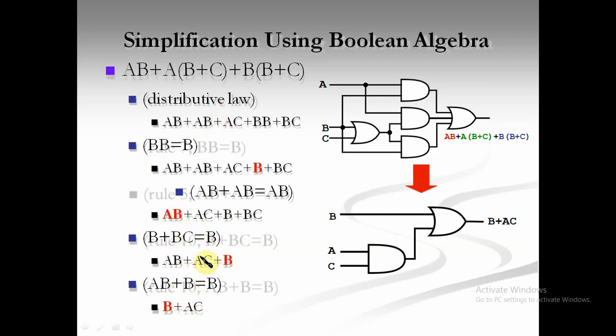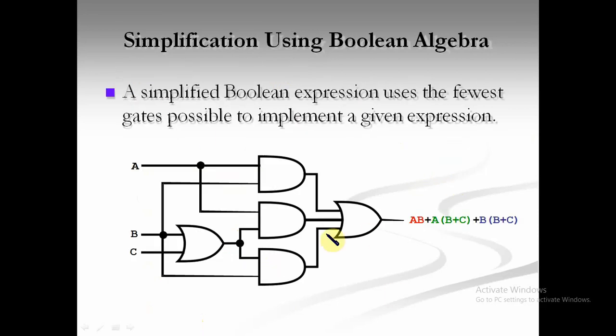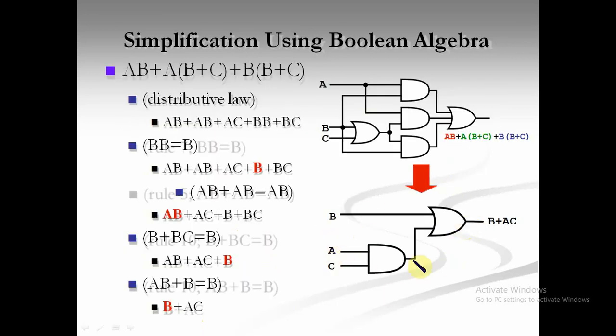That is all about the laws we used in brackets, which are mentioned, and without brackets it is the reduced equation. This is our equation and our simplified equation is B plus AC. We already saw the logic diagram in the previous slide. Here we see the logic diagram of this, and we reduce our equation with the logic diagram, that is B plus AC. B is one input, and AC is the AND gate, whose output is ORed with the B input, giving B plus AC.